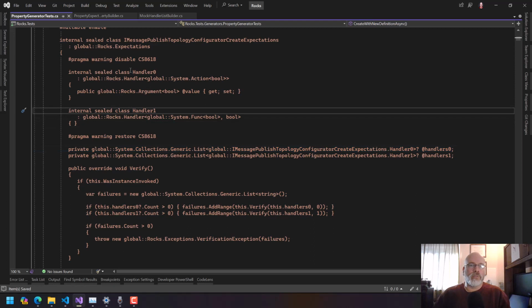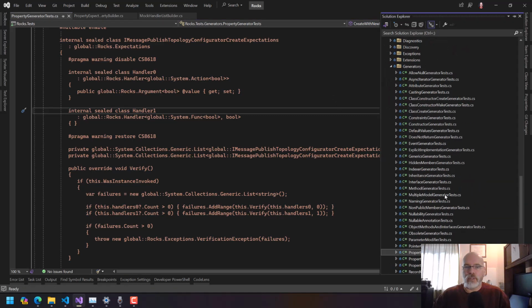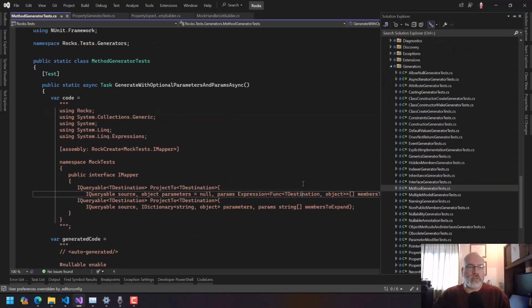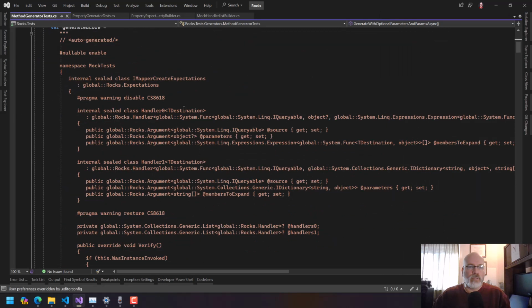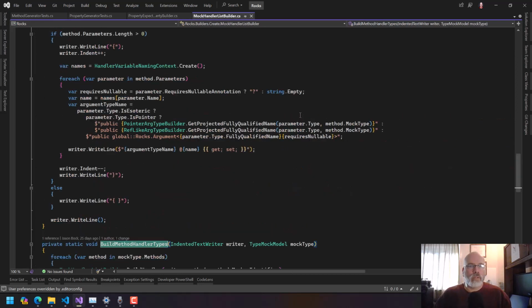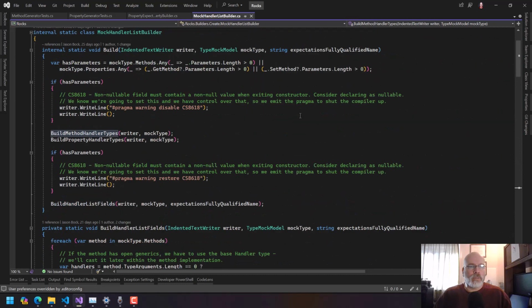Because I'll have all the information I need and I don't have to recalculate it. Now, in the case of a method that has generics, the handler is still tDestination, all this stuff. So when I generate the handler list and I come back up here